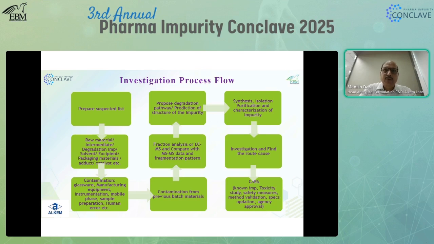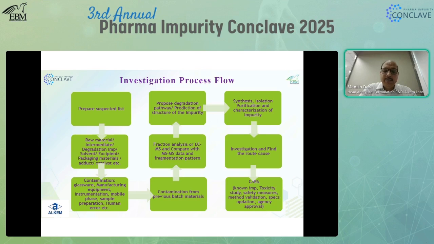If the unknown impurity data after applying the RRF goes beyond the ICH limit, then we have to go for a toxicological study. In the toxicological study, we need to perform tests on different animals, maybe rats and mice. Once the toxicological study has been completed, the percentage of the impurity limit needs to be defined from the toxicological study. Once no adverse reaction is observed, then we have to do the proper validation,